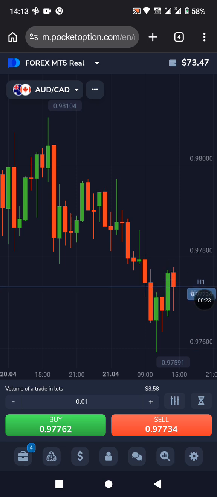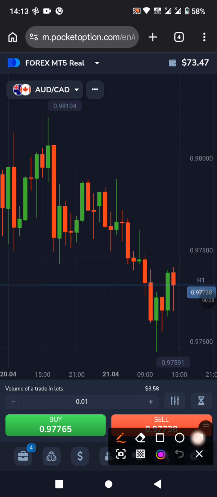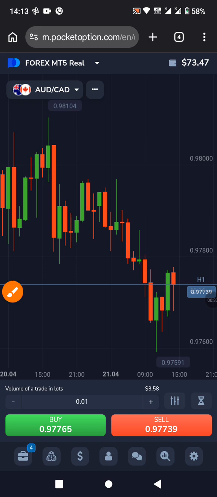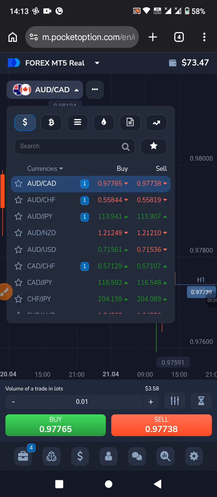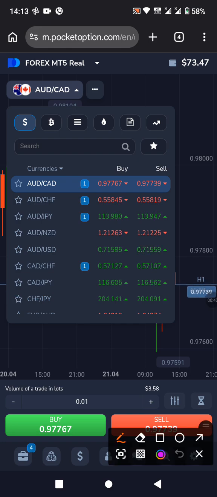Today we are buying or we are selling Australian dollar. This is Australian dollar. Utamake sure umeclick hapo. Imekuletea these currencies of which we have Australian dollar and Canadian dollar. We have Australian dollar against